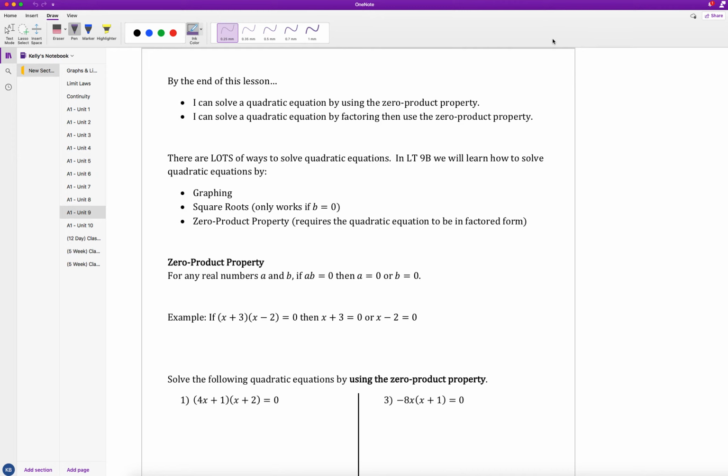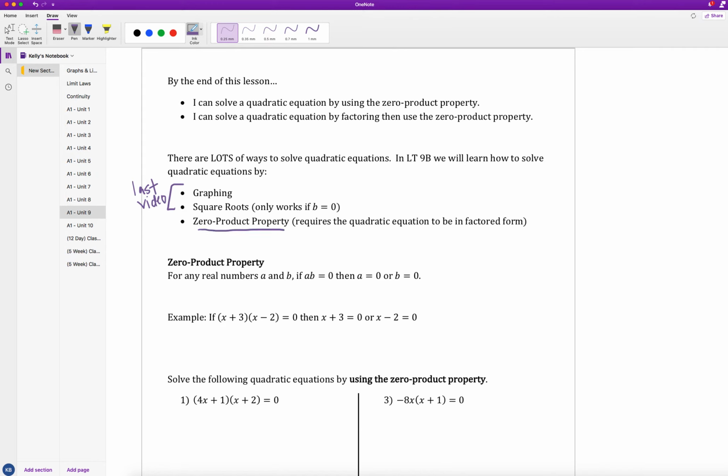with Unit 9. This is the second part of Learning Target 9b. So in the first part of Learning Target 9b, we learned how to solve quadratic equations by graphing and by using square roots. So we talked about these two in our last video. In this video, what we're going to focus on is how to solve quadratic equations by using the zero product